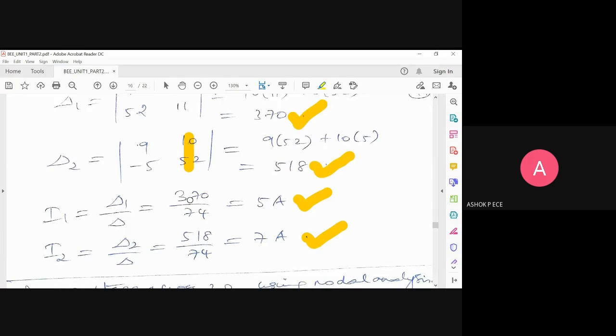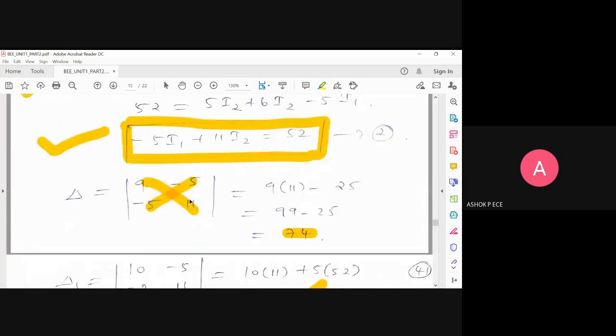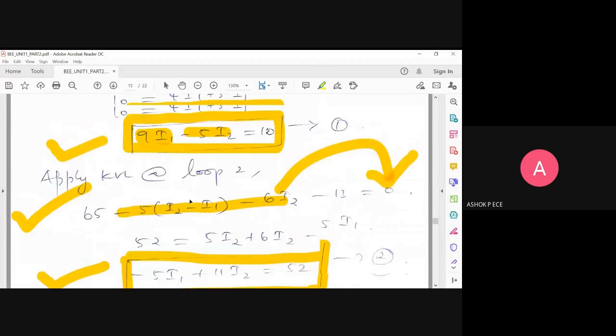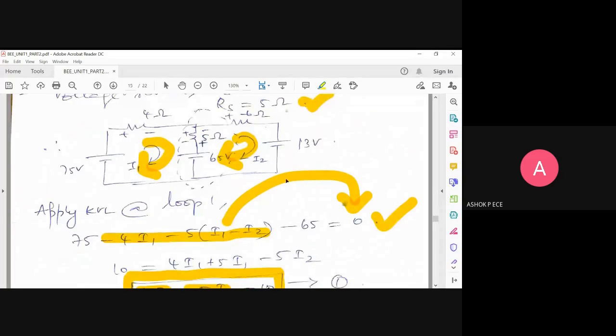The same problem can be done using nodal analysis also. You should get the same answer. If you apply it for this circuit, what we have considered finally, you should get the same answer. That is going to be your homework. You have to do it and cross-check the answer. I have explained two sums fully with the mesh and nodal. So hereafter, the sums will be done either only in mesh or nodal, depending on the convenience.